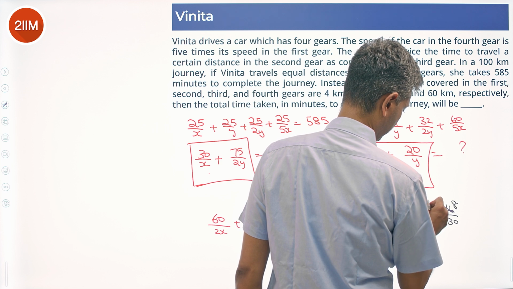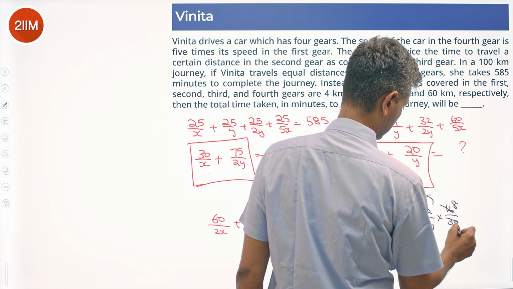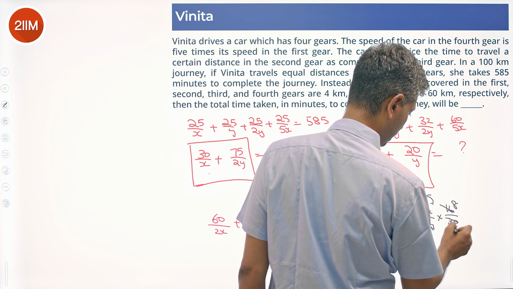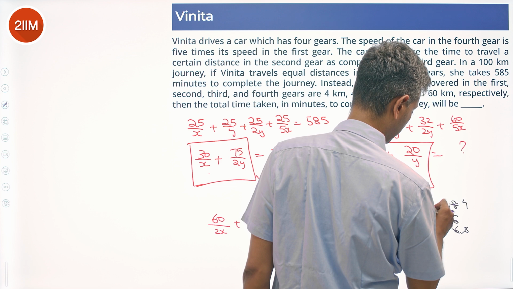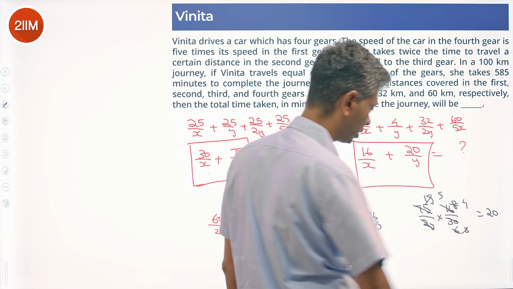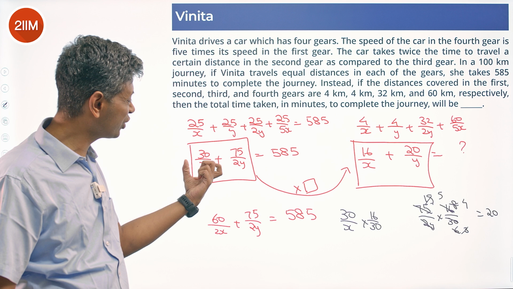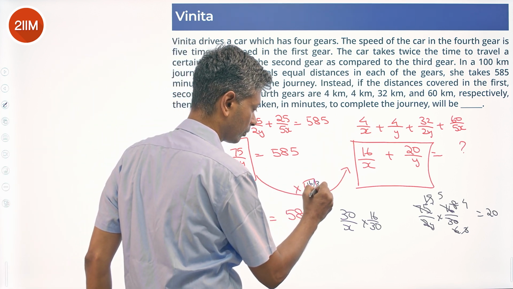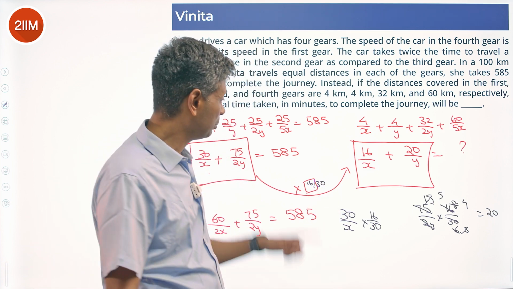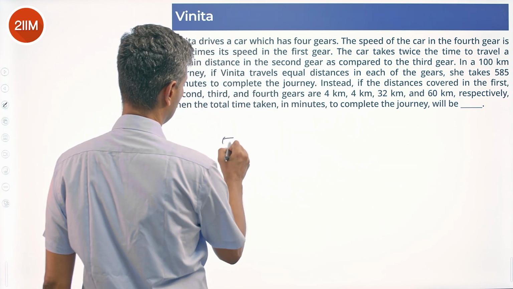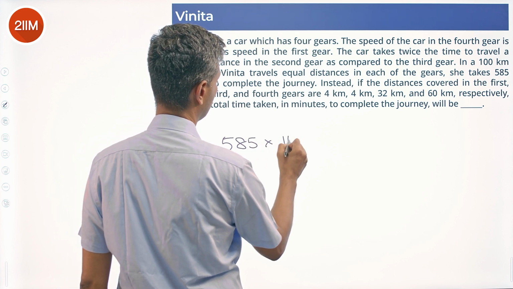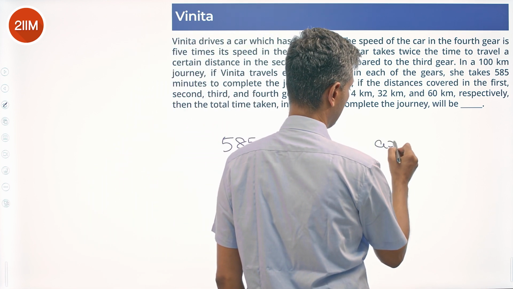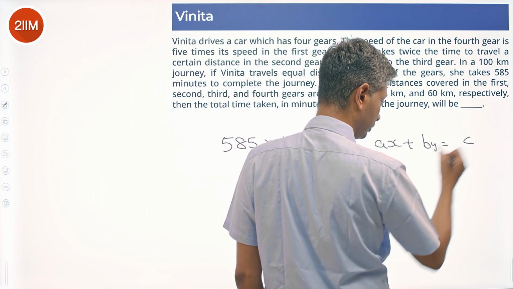75 by 30, I can cancel a 5. 15 by 6. 8 by 6 is 4 by 3. 15 by 3 is 5. This is 20. Brilliant. So this part into 16 by 30 gives me this part. Or my time taken will be 585 into 16 by 30. This question quite brilliantly has told us ax plus by equal to c, and then asked